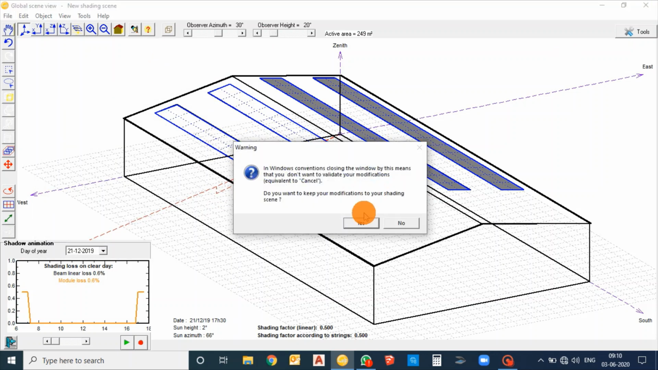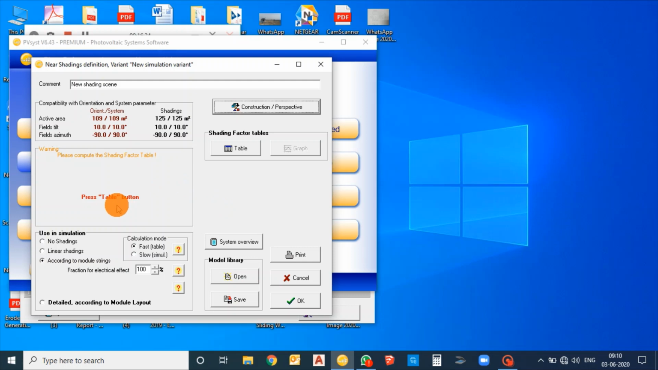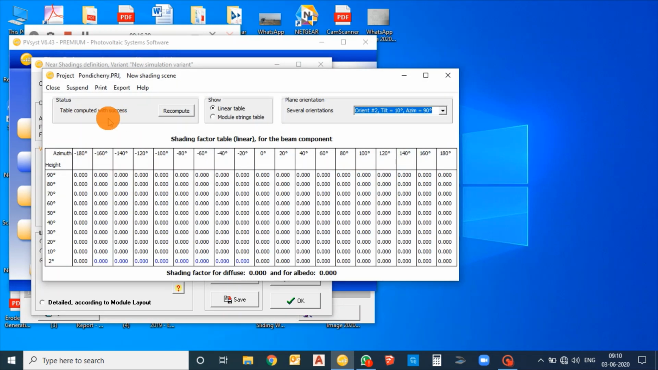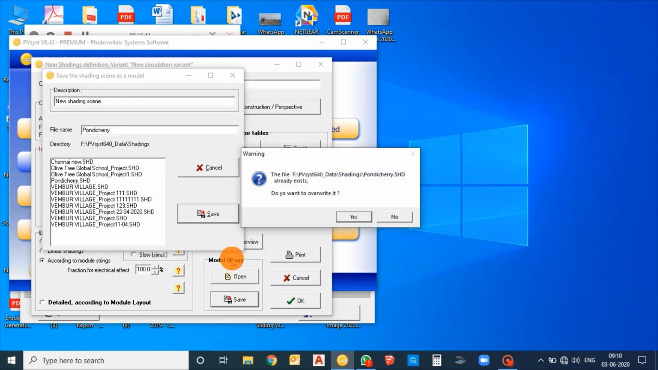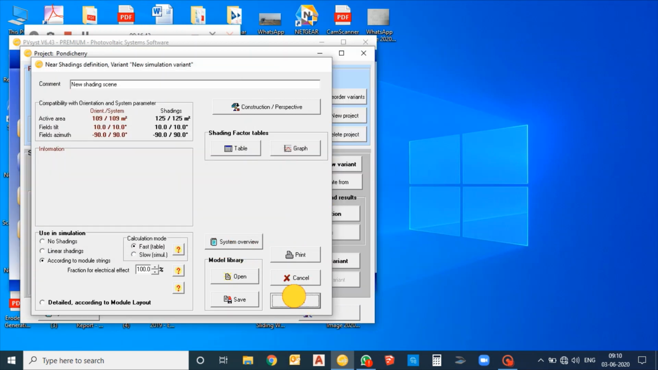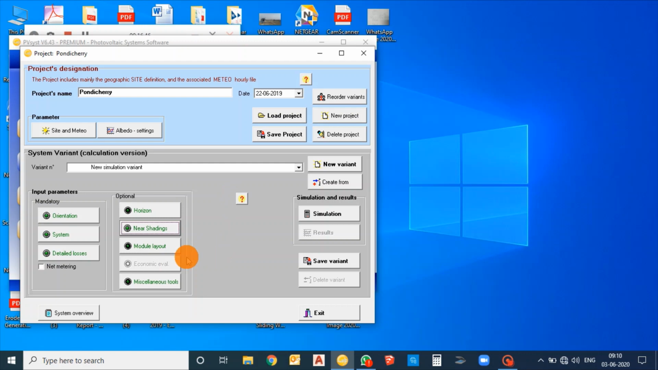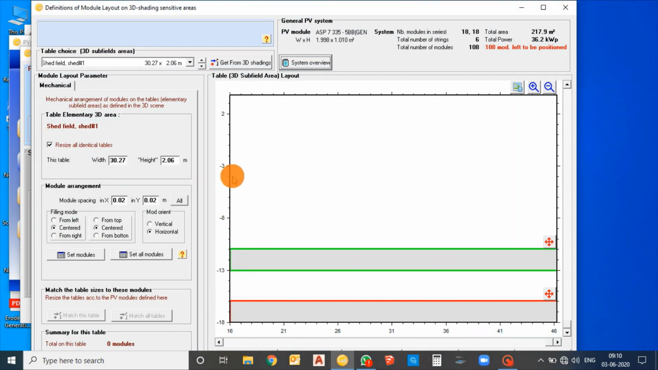And save it. You can just see the table. Press the table button, and you will be generating a report for shading. So an orientation of 2 tilt and a tilt angle of 10 degrees is generated. You can just save the file and click OK. You can just see the module layout. See, the module layout has not been positioned right. You have to position